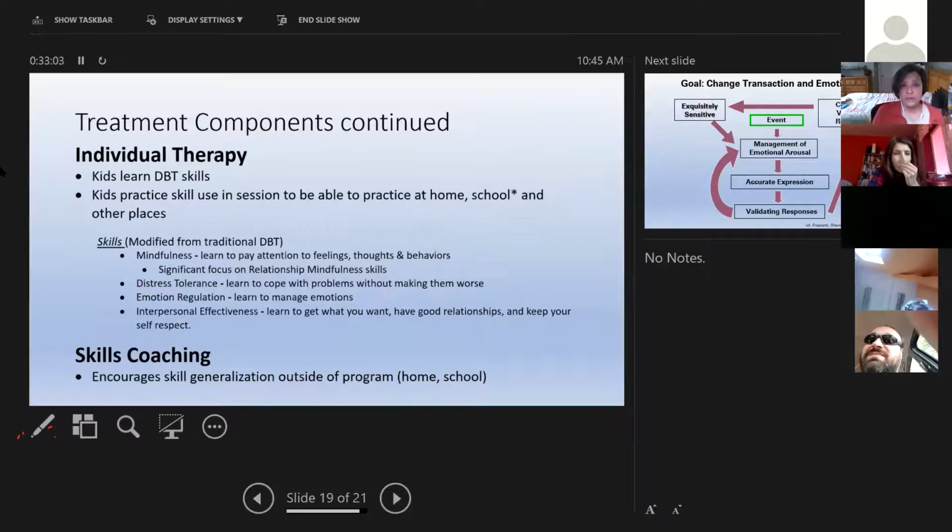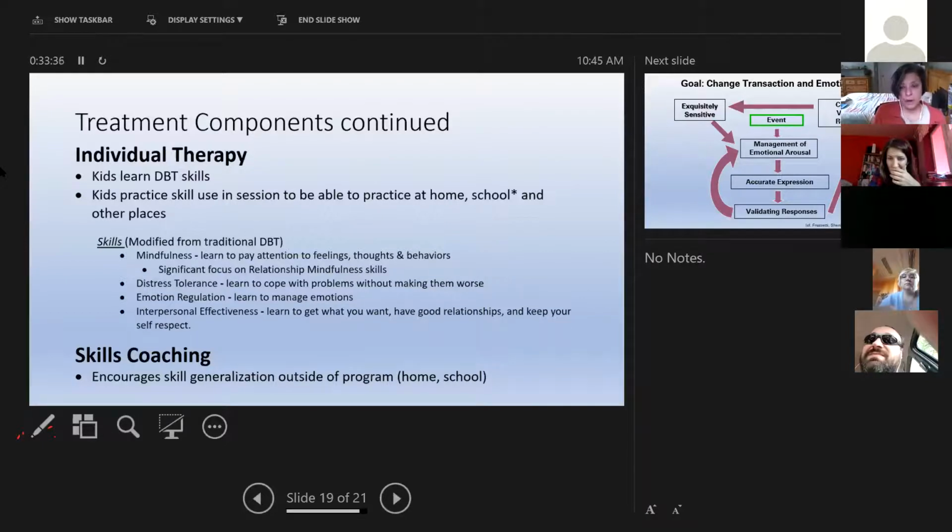We do have individual therapy with the kids. We do teach them DBT skills. The DBT skills are modified from traditional DBT. I'm not going to go into all the different ways we've modified these, but we've made fairly significant modifications just to be able to make them more developmentally appropriate towards this age group. And we practice a lot in session. We do a lot of role playing in session. We also then assign a lot of role playing at home